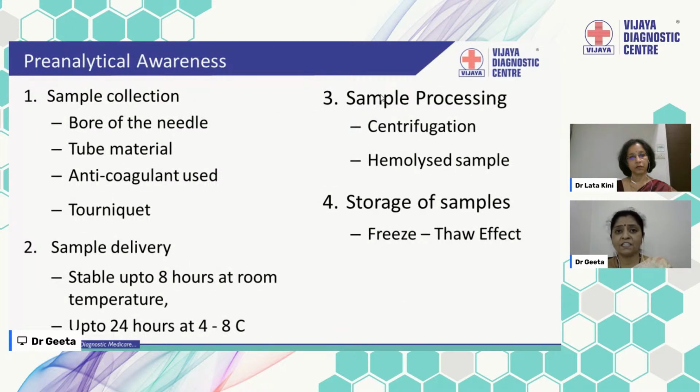Coming to variations in the results of D-dimers, this is mainly, as for any other lab parameter, dependent on pre-analytical errors. Pre-analytical errors constitute about 60 to 70% of the errors in the laboratory. Initially, it all begins with the sample collection. The needle has to be between 19 to 22 gauge, and the anticoagulant that is used has to be citrate. Heparin interferes with the measurement of D-dimer. EDTA should not be used. These vials which are collected,